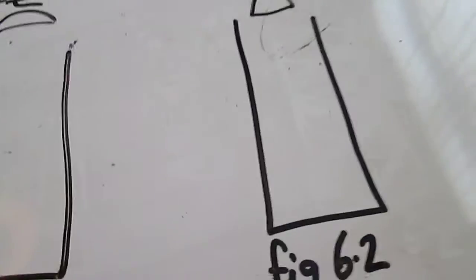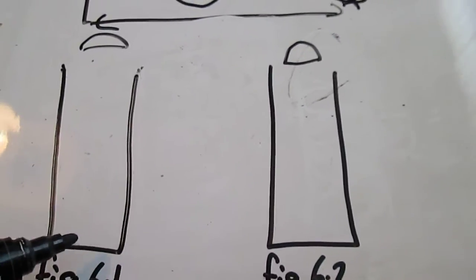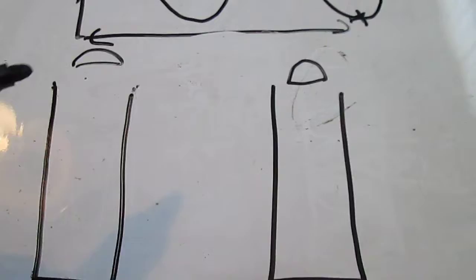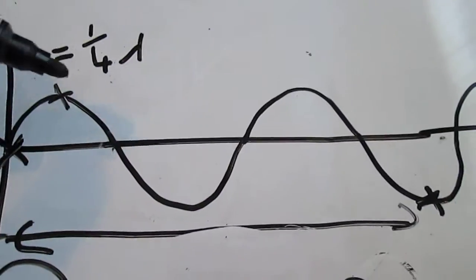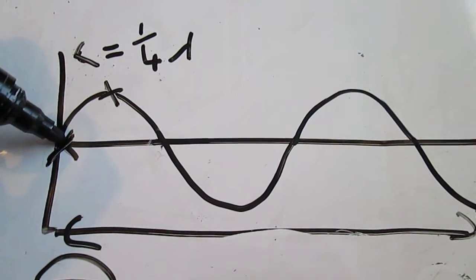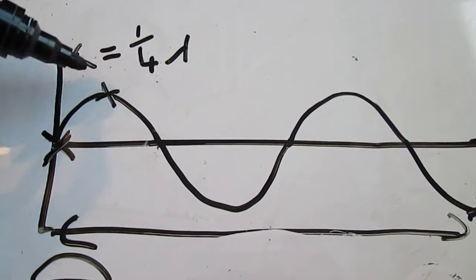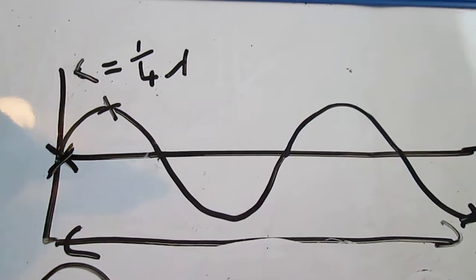So obviously if it's talking about sound, we are going to have a node down here at the bottom, and because we're going to hear a loud sound we're going to have an antinode at the top. I've just drawn out several waves here. When we go from our first node to our first antinode, that is a quarter of a wave, and that is our first